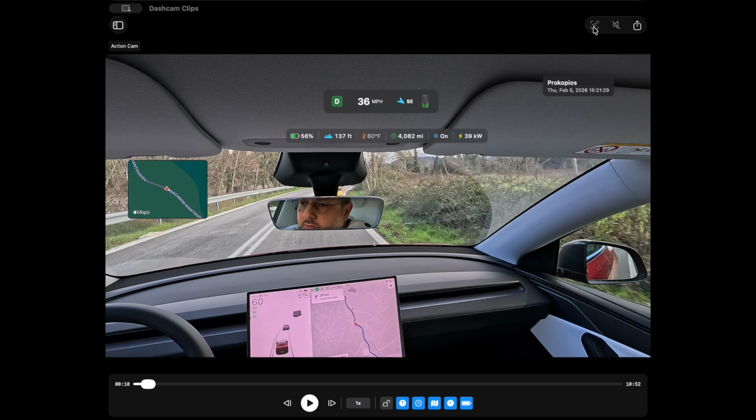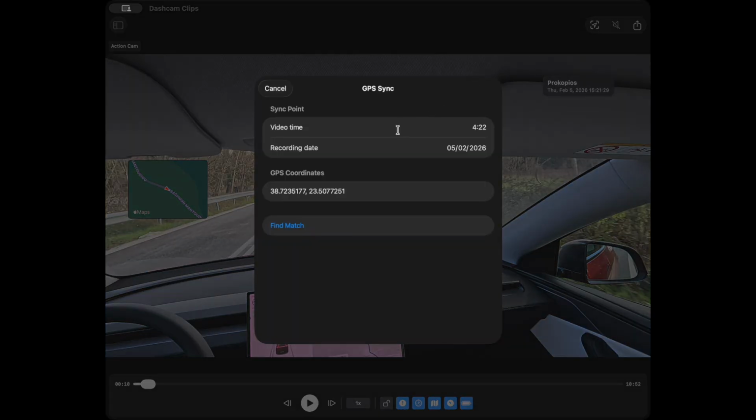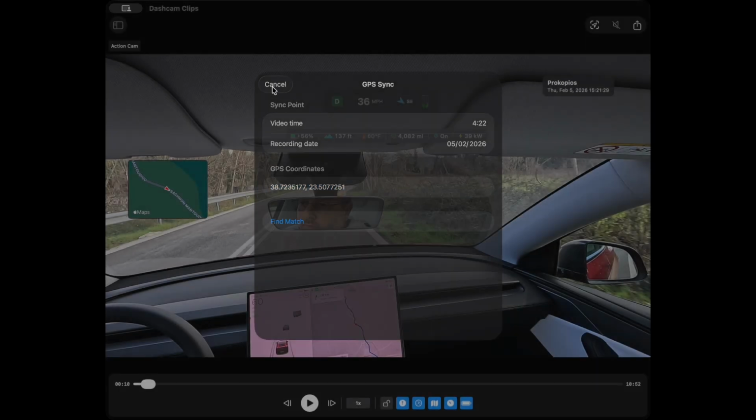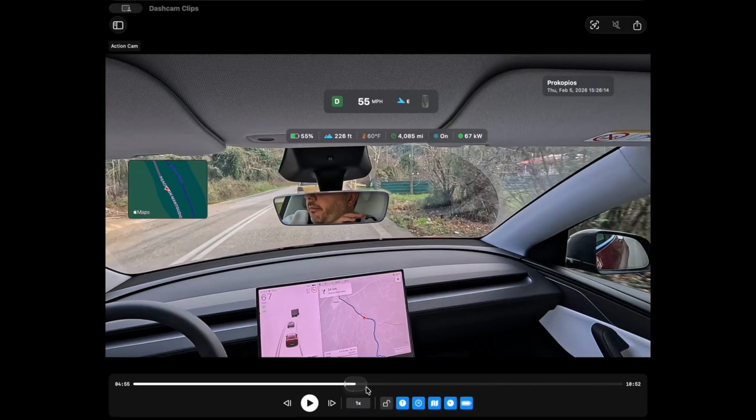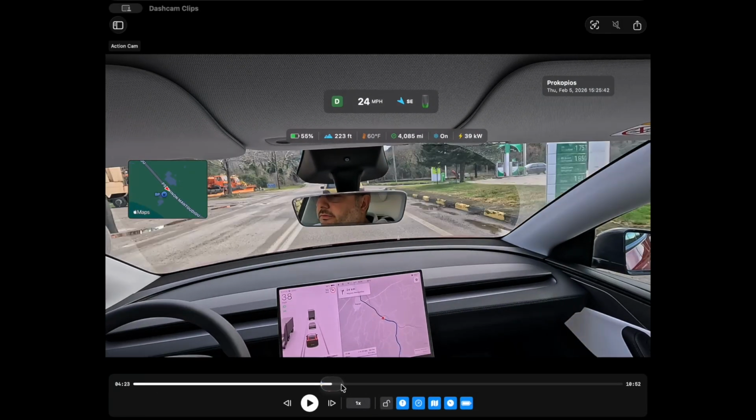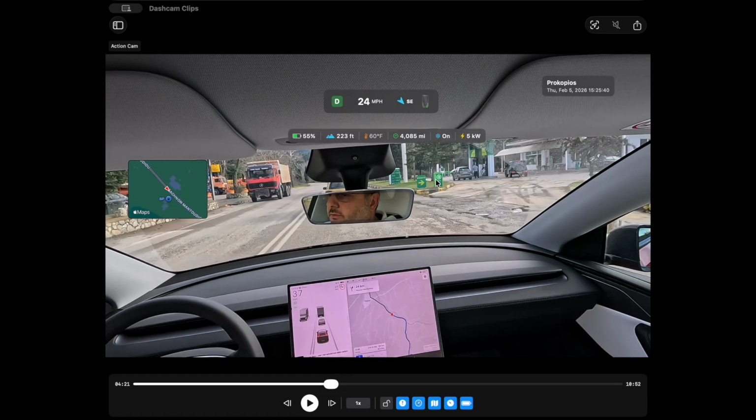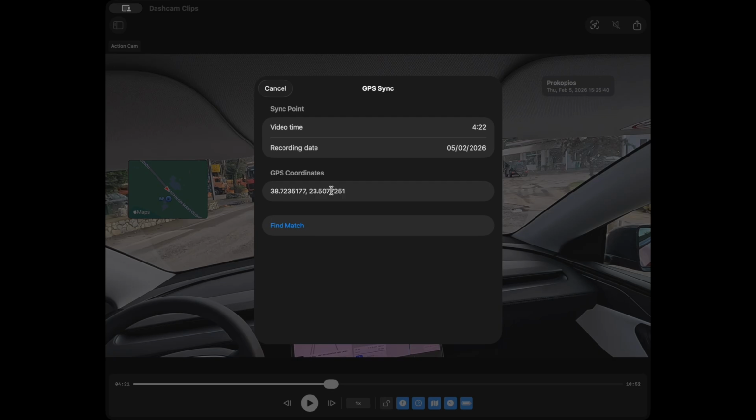And over here, you see we have this button. What does this button actually do? This button says, for example, at the 4:22 minute, these are the actual GPS coordinates. So if I go down to 4:22 over here, you will see that I have synchronized this to an actual gas station here on the right. So I went to the Google Maps, I found the coordinates of this place. I go over here, I enter the GPS coordinates from Google Maps, I click find match, and you will see